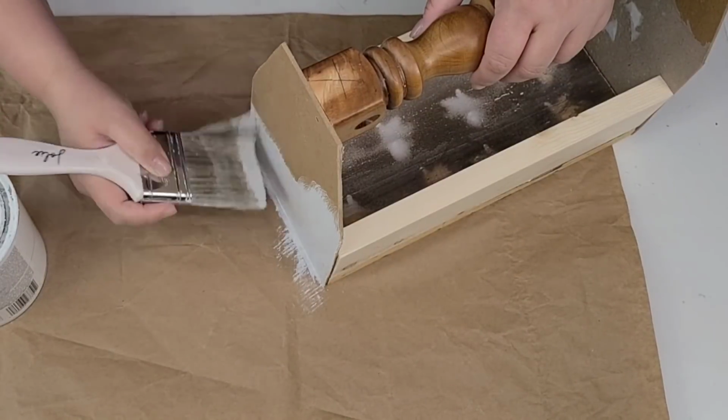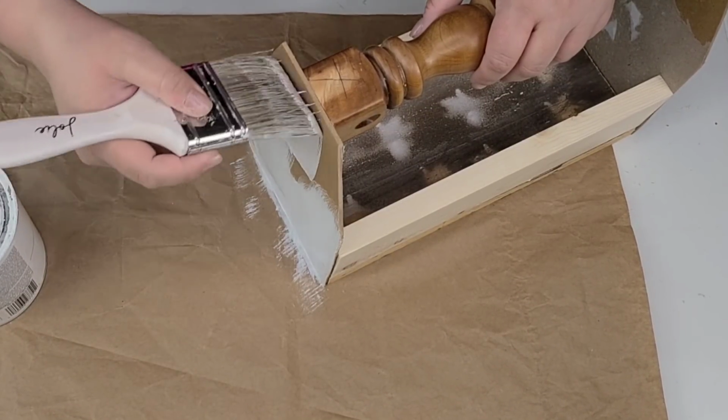And now everything's going to come together when I give it 2 coats of Rust-Oleum chalk paint in the linen